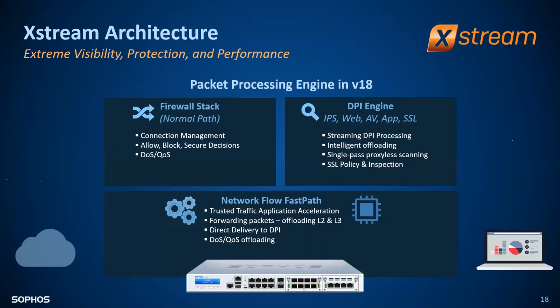Then the trusted network flow path. When particular network traffic comes to my firewall stack, it cannot directly go to the network flow path first. I will explain it in one minute. First it comes to the firewall stack, then it is scanned through the DPI engine, and it comes to a decision that this particular source and destination is absolutely okay, and there is no need to verify it every now and then. So it puts it into the network flow path.